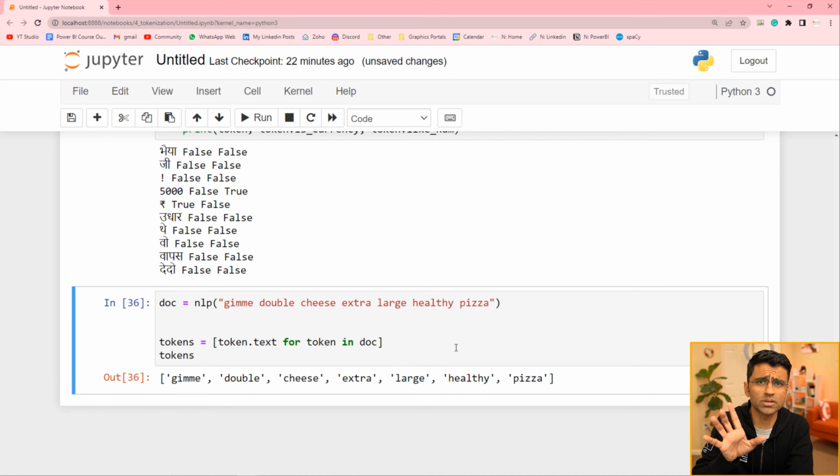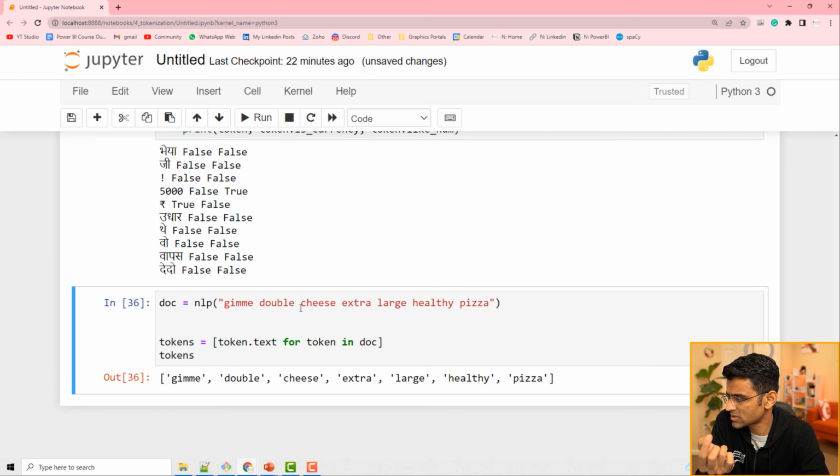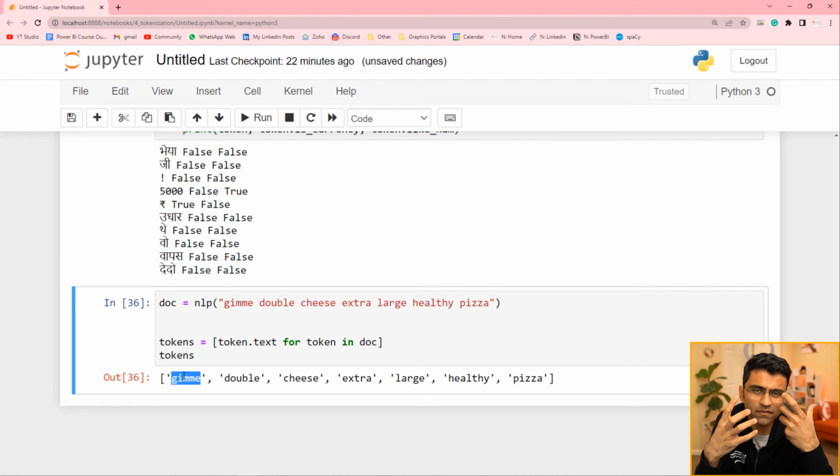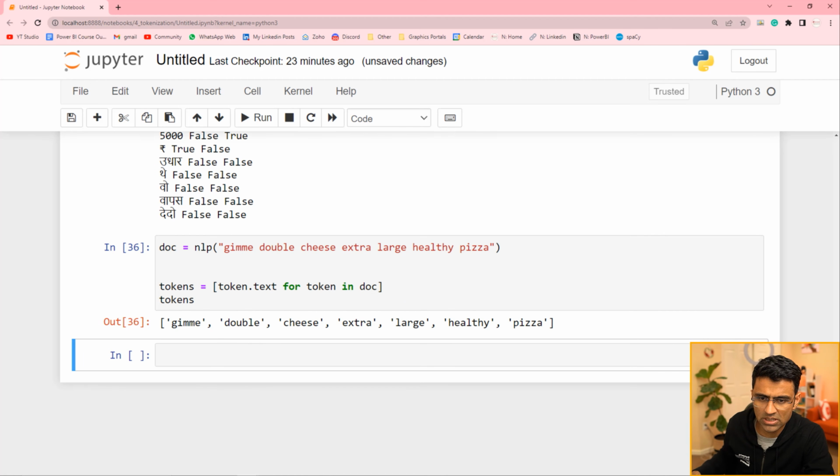you get all these tokens. Now you're not happy with the default behavior of Spacy here, because see, I use abbreviation. When you use slang and specific norms of any language, that's when you realize the need of customizing Spacy. So give me is actually two words. Give me. You want two separate tokens. So what you can do is customize Spacy here by doing this. You can say from